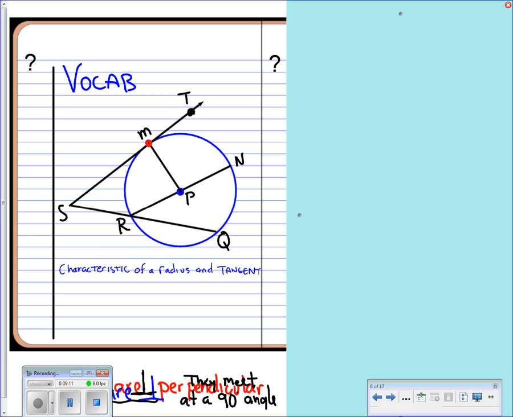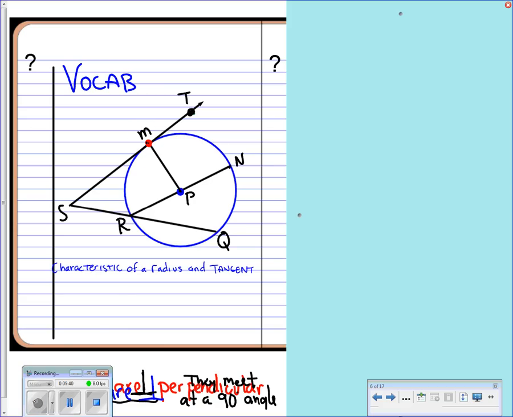All right, looking at this picture, I want to start with characteristics of a radius and a tangent. So just remember, there's lots of different radii in this. I have P to R, I have P to N, I have P to M. Those are all radii, okay? And so some of the characteristics of when a radius and a tangent meet, such as up in this area,